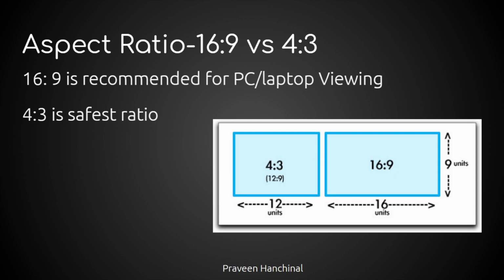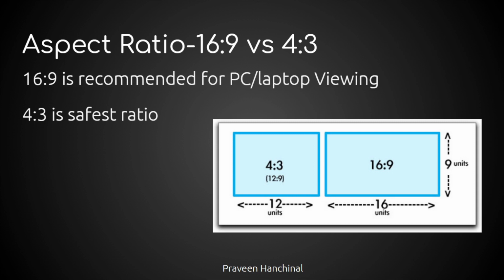The first thing we'll look into is that you have to choose an aspect ratio for your presentation. Most slides by default will be in 16:9 aspect ratio. Right now my presentation is also in 16:9 aspect ratio. I have selected this because most of my audience will be watching this on a PC, laptop or even a mobile phone in landscape mode. You can change the aspect ratio from one to another anytime, but remember 4:3 is the safest ratio recommended for you.